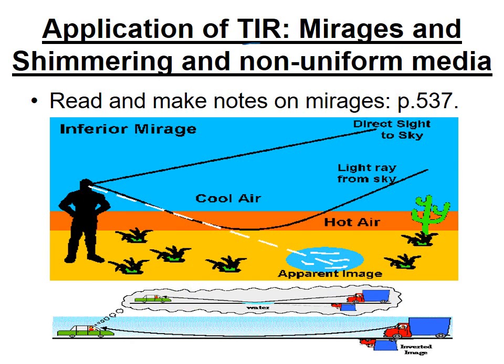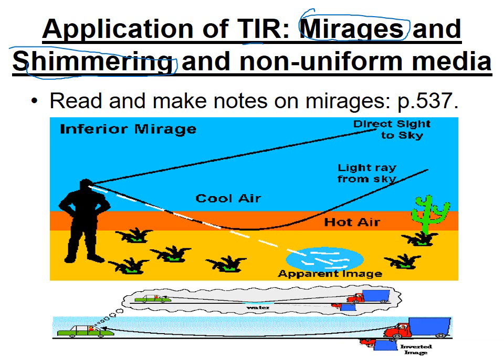Total internal reflection can also be used to explain the concept of mirages and shimmering. I do want you to read up on that to understand how mirages and shimmering work based on the concept of total internal reflection. And the idea is that you have light rays basically traveling